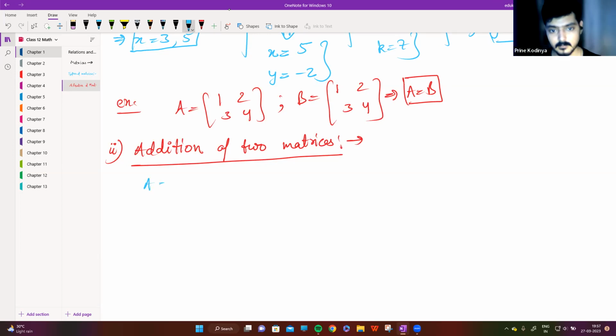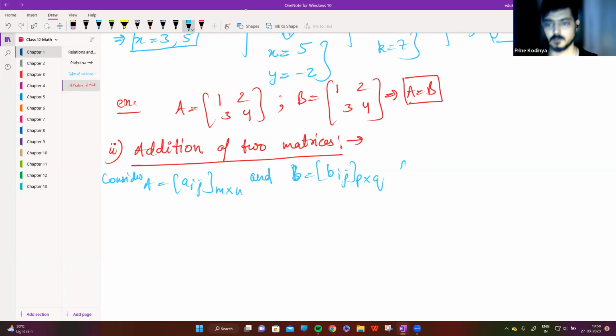So A is equal to aij, and let's say this order is m cross n, and consider some other matrix B which is bij, and it has an order p cross q, can only be added